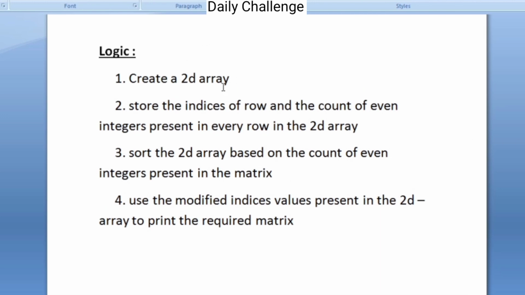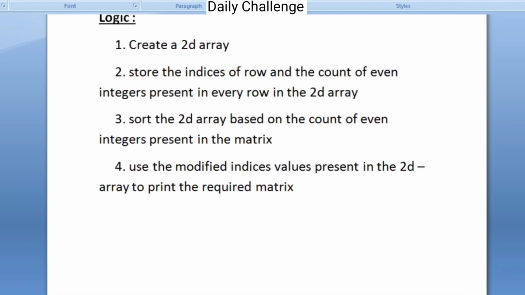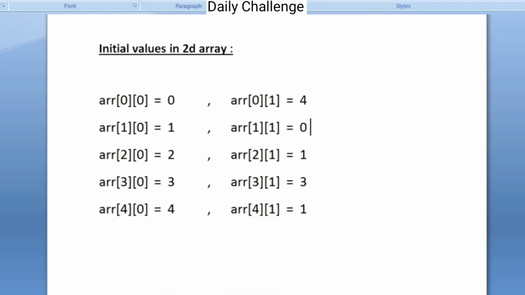Now after storing all these values in the two-dimensional array, we are going to sort the two-dimensional array based on the count of even integers present in the matrix. We have to sort this whole two-dimensional array based upon the values present in its second index, because those values contain the count of even integers present in every row.